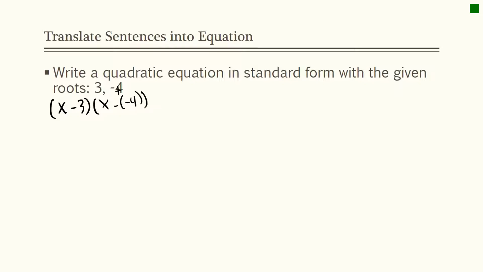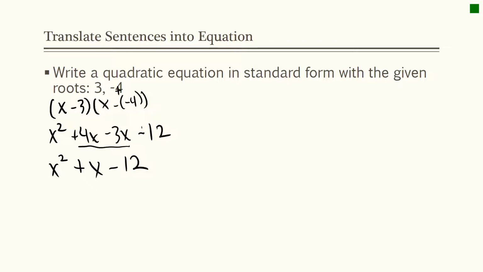Now I'm just going to FOIL this. So I've got first terms, x times x is x squared. And x times positive 4 is going to give me plus 4x. That's my outer terms. My inner terms, the negative 3 and the x, multiply those together, I got negative 3x. And negative 3 times positive 4 is going to give me negative 12. Now I just need to combine the like terms. And so the two terms I'm going to combine are the 4x and the negative 3x. And so I've got x squared plus x